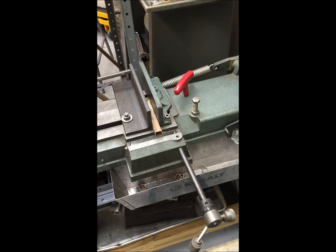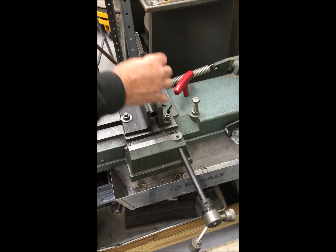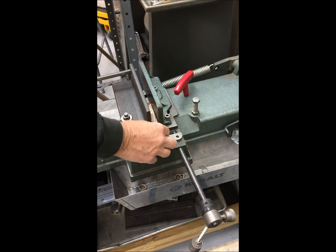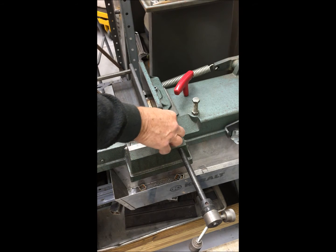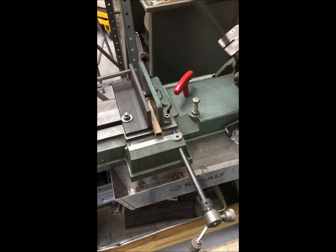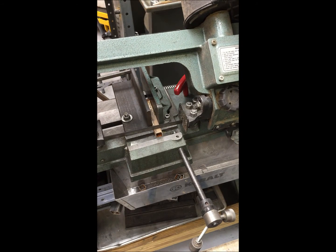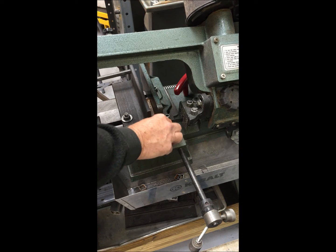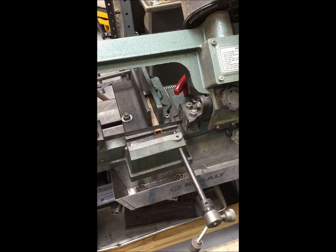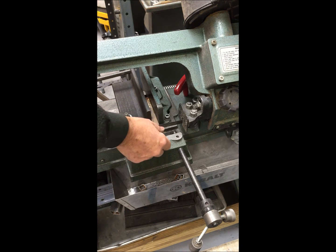Rick's Barber here. If I'm going to cut some square tubing, here you see some, it's thin walled, then typically I would just put it in my horizontal vertical bandsaw, clamp it down, maybe reposition it, and now when I go to cut it, the blade is going to first be presented with